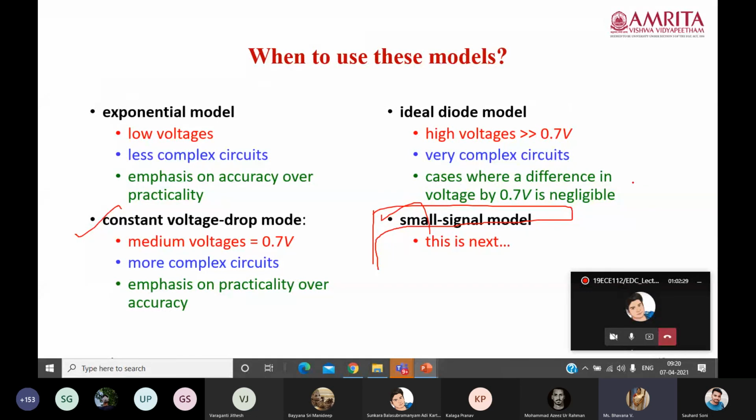Small signal model is a derivation, and we will be deriving this RD, which is equal to NVT by ID, which is important. Questions based on this also used to come in the GATE examination. RD is equal to NVT by ID, small signal model. It is a derivation. Everybody has to attend the class. Why? Because you will come across a similar kind of derivation in BJT as well as MOSFET small signal models, superimposing a pure AC upon pure DC.